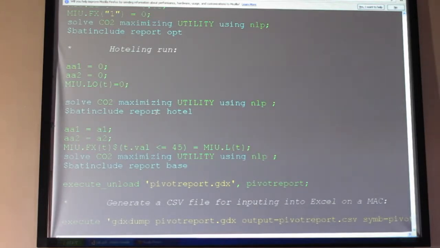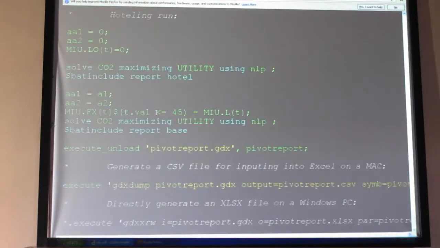So then once we've run this, at this point, notice I've done 3 runs. I've called one run, and notice that what I generated, I said generate the report and label that solution to be off. And then here I say generate report, call this one hotel, generate report, and call this one base. So I've generated one set of reports for each one of those. Once I've generated the reports, I unload the data file into a